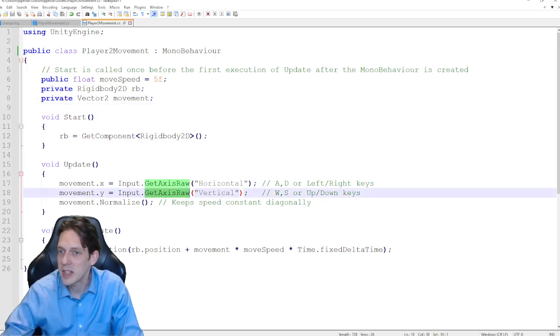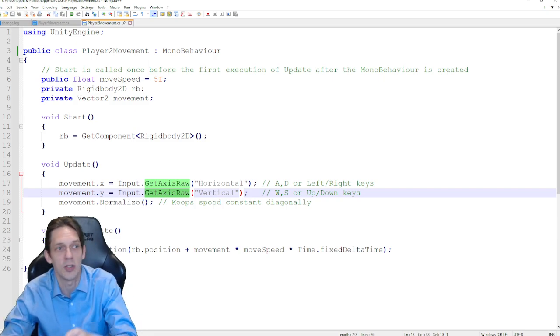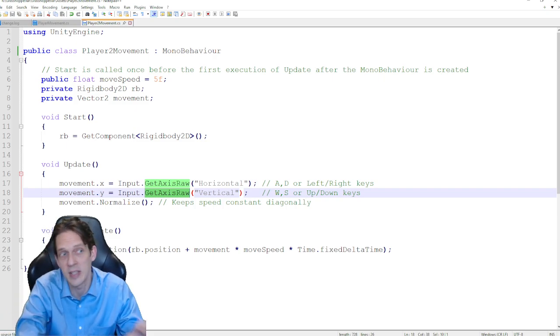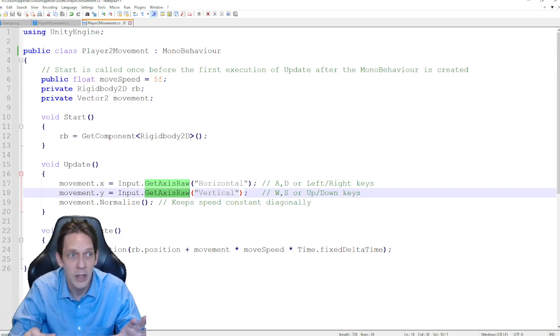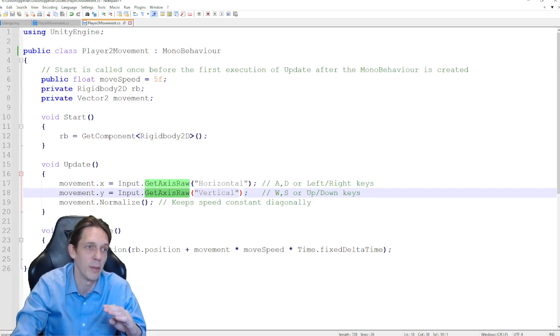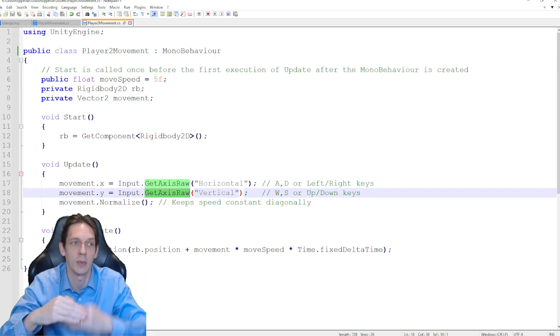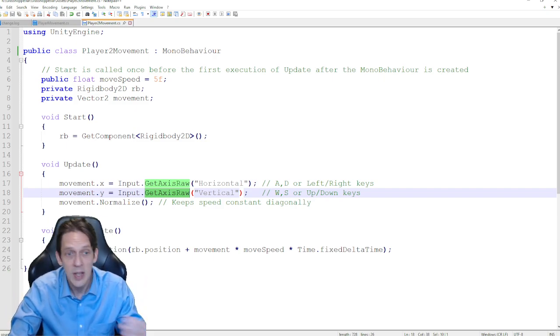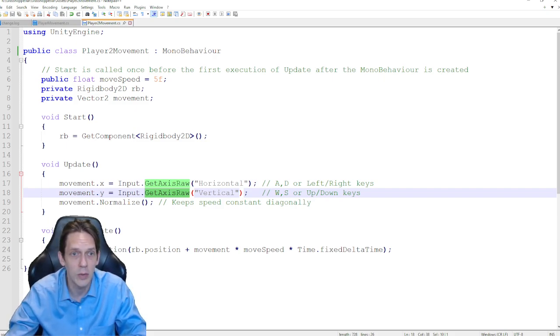So let's think about this. Get access raw is going to give us automatically WASD or left up right down. We want to separate them. And eventually we're going to want to map this stuff to user choices. We want them to be able to choose the controller or WASD or arrow keys or whatever they want. That is going to have to make all of these into variables, and these scripts are going to have to be exchangeable, and when they make the choice, the script will change. That's how that will work.